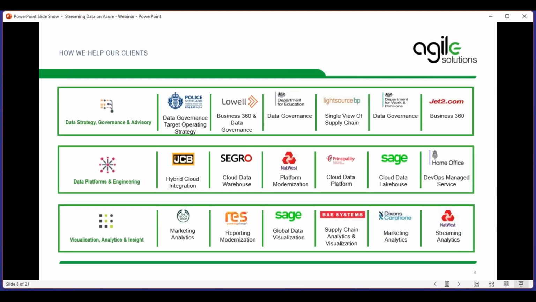You can see then how this translates into engagements with our clients. We cover the full spectrum of the data lifecycle with a broad range of clients across multiple industry sectors. This includes public sector, financial services, manufacturing, retail, travel and tourism. And we've provided solutions and delivered engagements for organizations of varying size, from medium to large enterprise companies. And increasingly, we're speaking to smaller organizations as we help them develop data management strategy and build their capability. We've also worked with many of our clients from early on in the life cycle on initial engagement, extending and building on those engagements and progressing through subsequent stages.